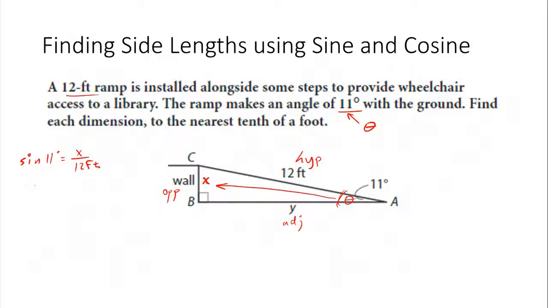So how do you get rid of dividing 12 feet? Multiply. So x should equal 12 times sine of 11 degrees. Now in your calculator, you'll have to type 11 sine equals, okay? And if you do that, you should get